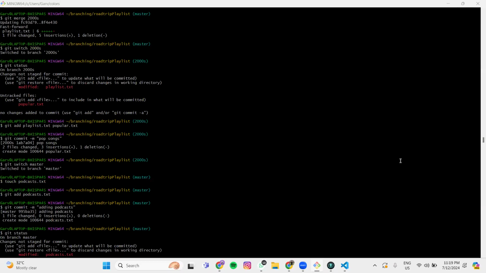So this fast forward is used when we make changes in the new branch and we merge that into the master branch, but we don't have any new commits in the master branch. So it just fast forwards to the latest commits. But if we have also changes in the master branch, so